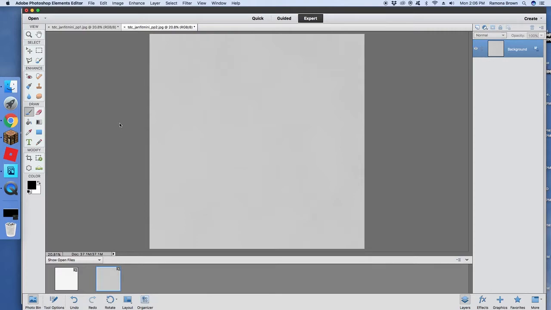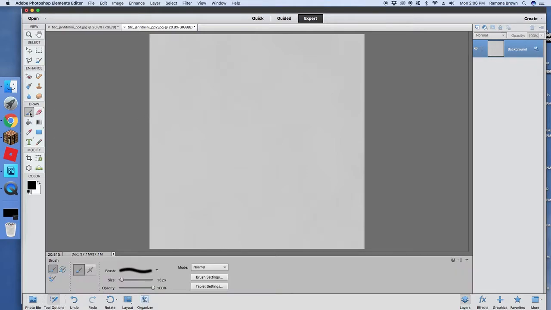In today's episode, I'm going to be showing you how to load and use scribble brushes in Photoshop Elements. This is Photoshop Elements 11 that I'm using, but it will be fairly similar in other versions of Elements and also in Photoshop. So to start off with, I've got a paper open here,